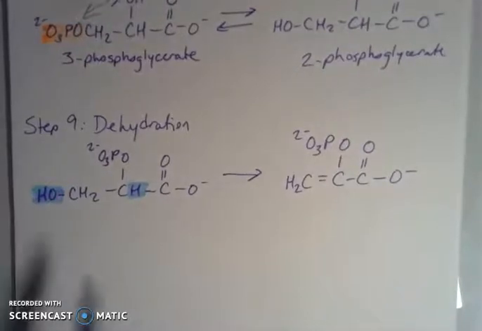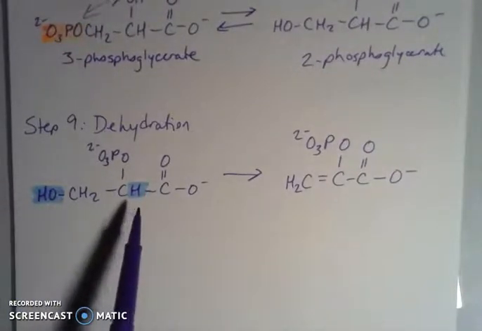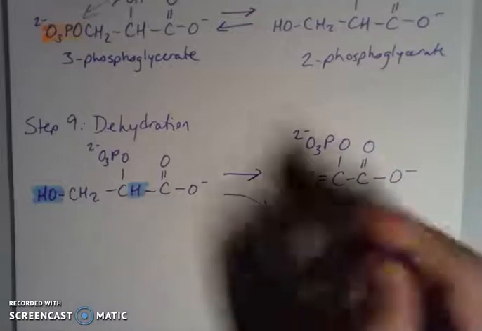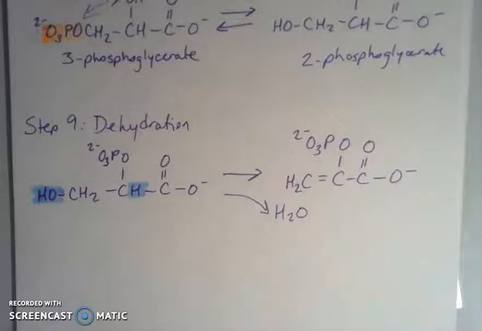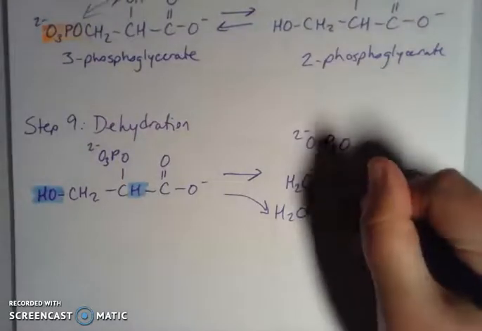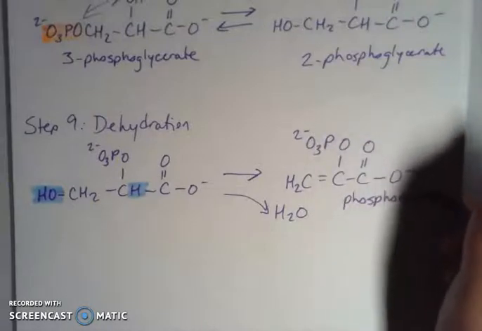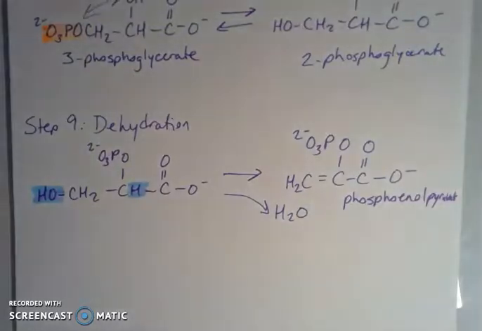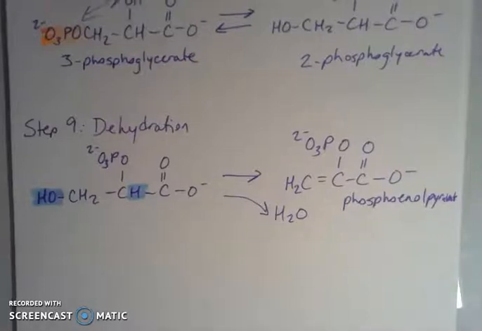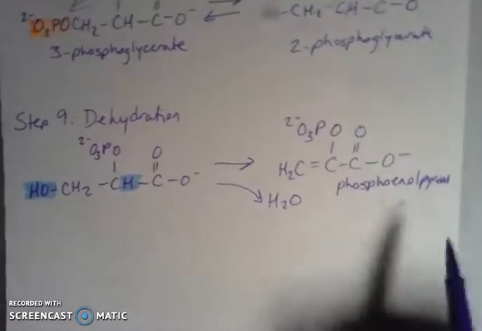So in step 9, that hydroxyl group at the end and this hydrogen are going to leave in a dehydration reaction. So we get some water that leaves. And what I have left is called phosphoenolpyruvate. Phosphoenolpyruvate. So it's a pyruvate with a phosphoenol on it. And this is actually catalyzed by the enzyme enolase. Okay, step 9, so we just got rid of that water, and now we have this precursor to